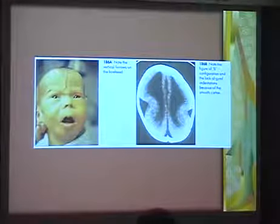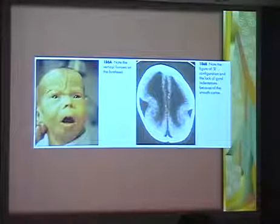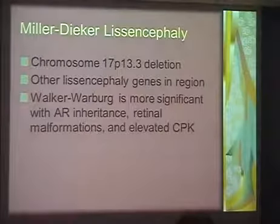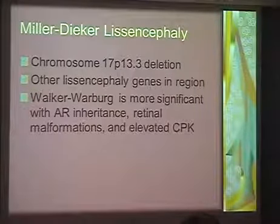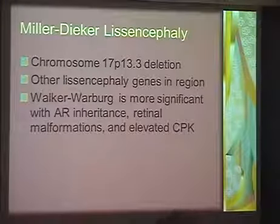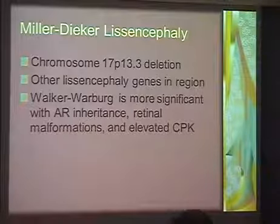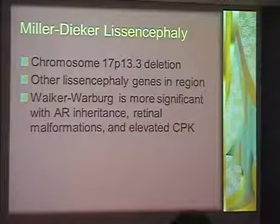This is a kid that has lissencephaly, as you can see on the right side, and this kind of furrow in the forehead. Has a lot of cognitive problems and seizures. And what he has is Miller-Dieker syndrome, described by Jim Miller in neurology at University of Virginia, and later found to be due to a chromosome deletion on 17p. And it turns out that there's other specific genes for lissencephaly in that area. And Dr. Bill Dobbins, who's now at University of Washington in Seattle, has kind of taken over all that research and